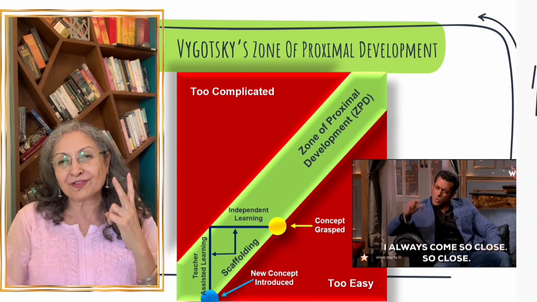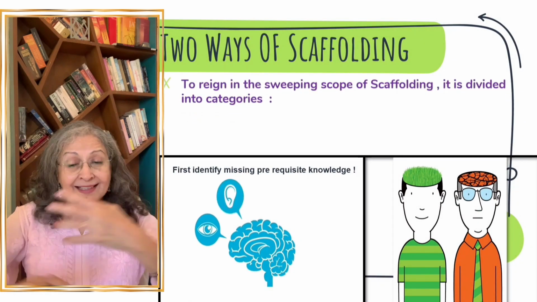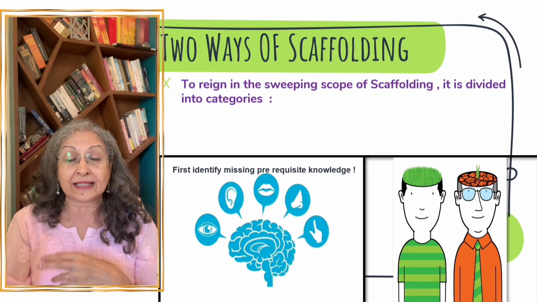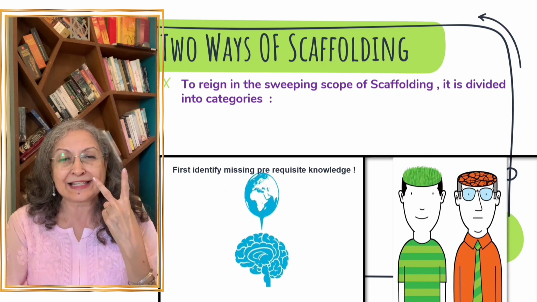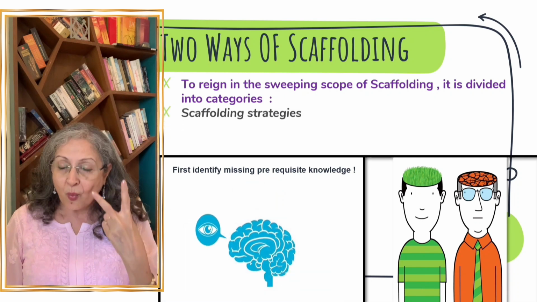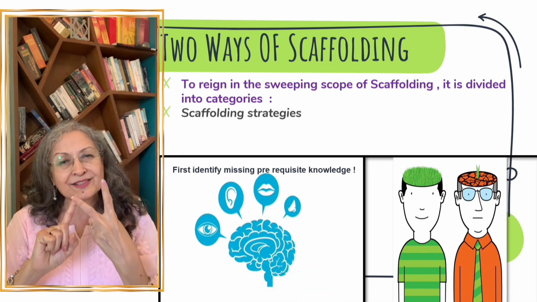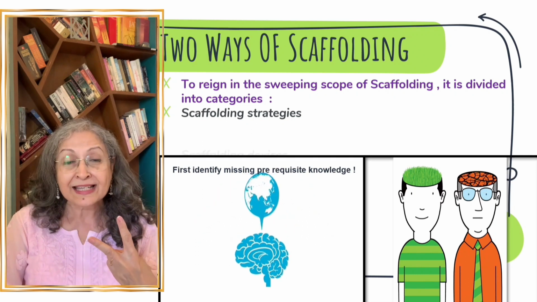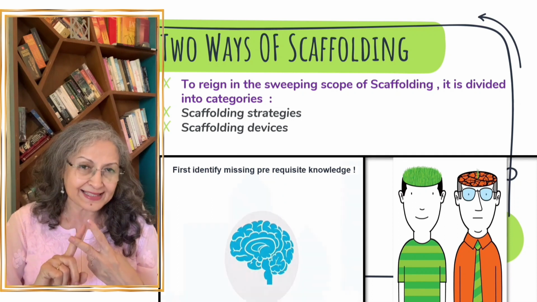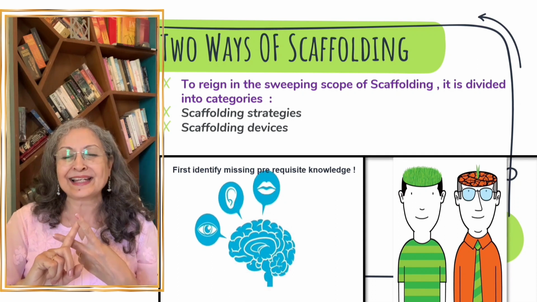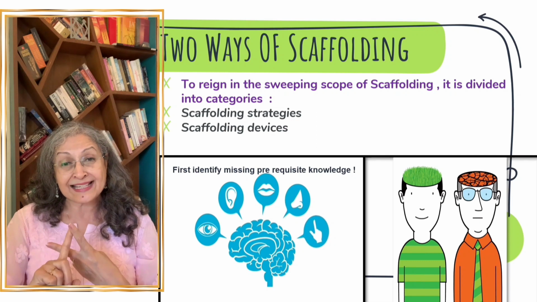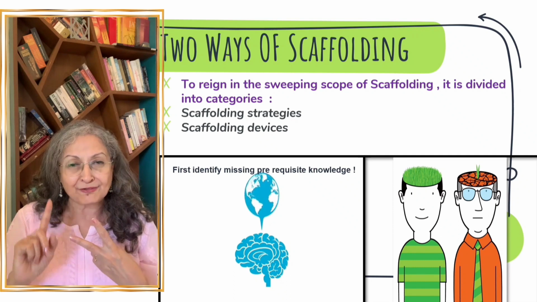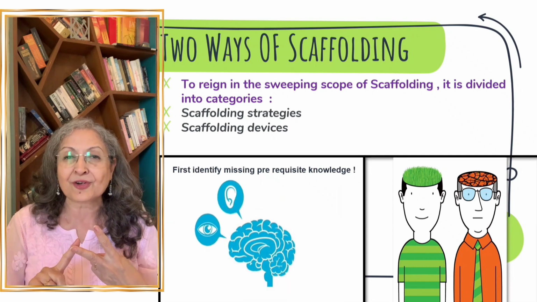There are two ways of looking at scaffolding, because you've got to rein in everything which is so beautiful, and there's a sweeping scope of scaffolding. So let's divide that and make it easy for us to look at it in two categories. One is known as the scaffolding strategies, and most of us are practicing these, and this video will just call them out. And the other is scaffolding devices. Maybe we're not familiar with this, and I hope you enjoy what we're going to present as activities throughout the video right till the end. So do stay with me and watch, because I'm going to attempt to give examples from all the subjects